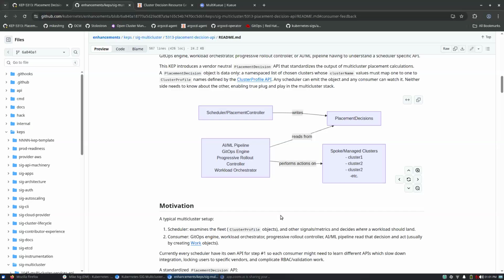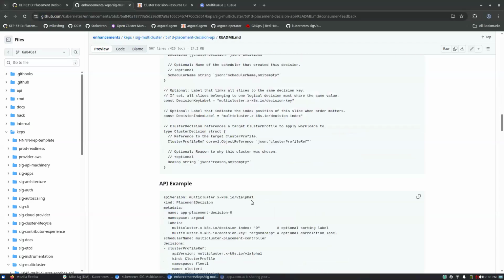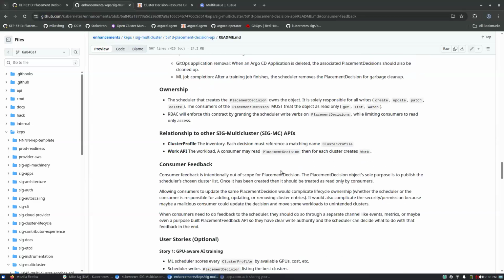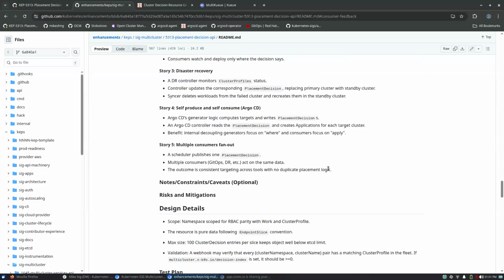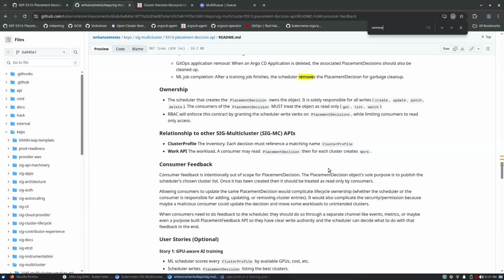Yeah, I think I was next. I thought of an example from some stuff that we worked on that this wouldn't really be able to capture very well. When we were building a system that worked like this, we had a mechanism where, when you wanted to remove one of the clusters that was currently in the placement decision, there was a mechanism to gradually drain, gradually scale down the workload on that cluster before then eventually removing it entirely.